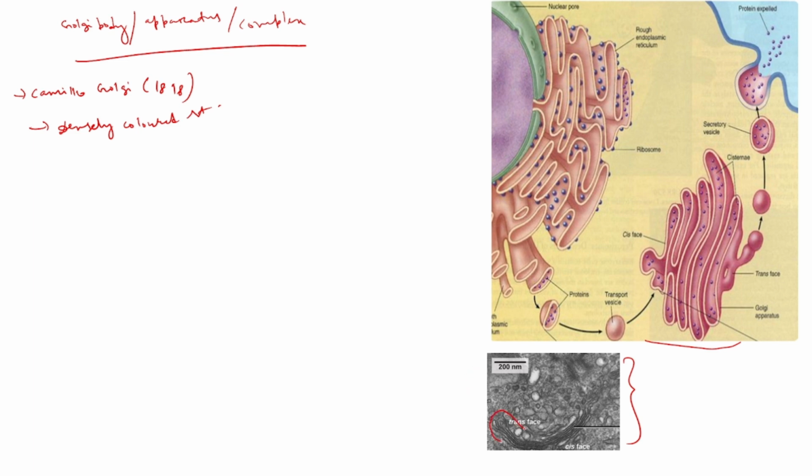Look at the structure, and this is the Golgi body. It was seen in the electron microscope for the first time, and it was very darkly stained, a very black color. That's why it is called a densely colored structure that is present inside the cell, the Golgi apparatus. The Golgi apparatus is found in all cells except